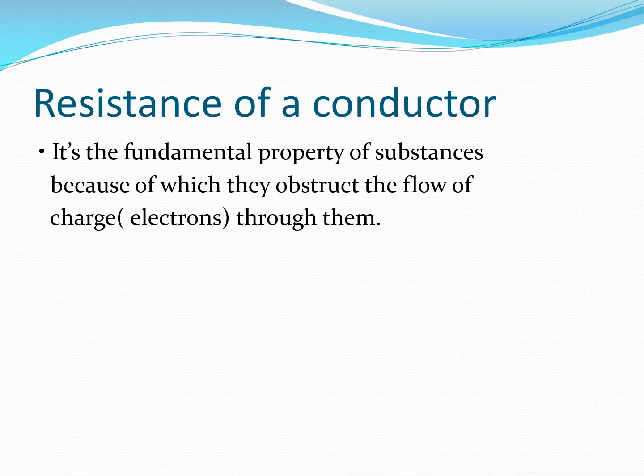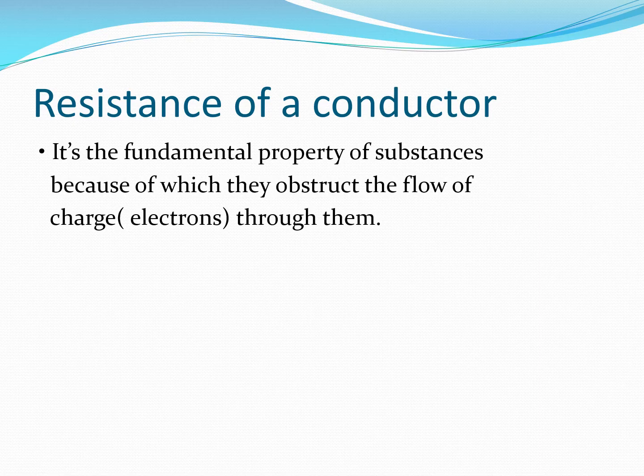So we have got to know from Ohm's law V is equal to IR. Now what is the meaning of R? I said its term is resistance. The meaning is it is a property of a substance by which it can obstruct the flow of charge. The literal meaning of resistance is obstruction. So resistance means how much it can obstruct the flow of charges.